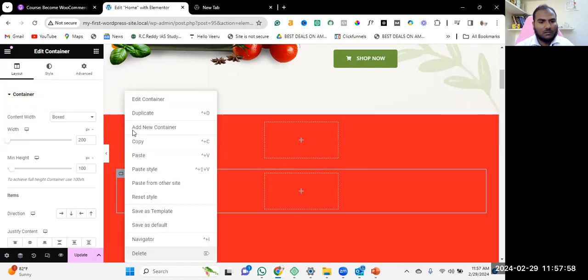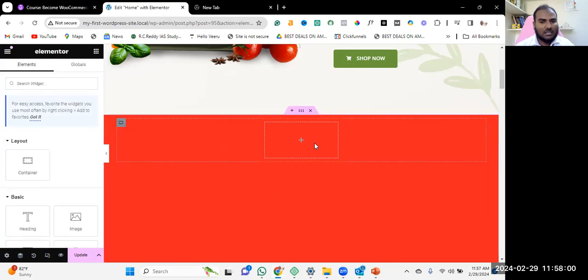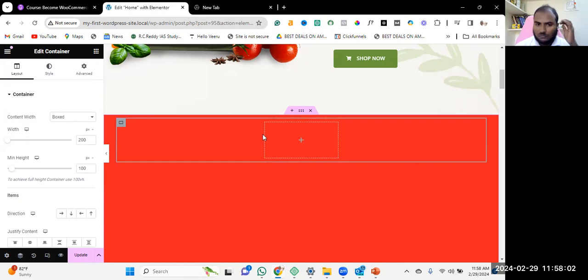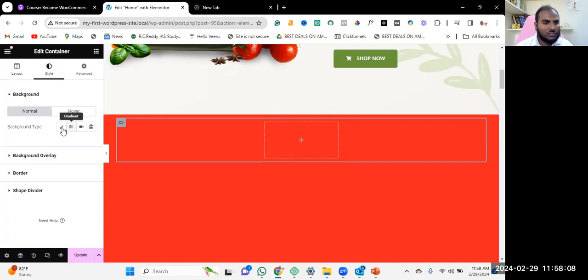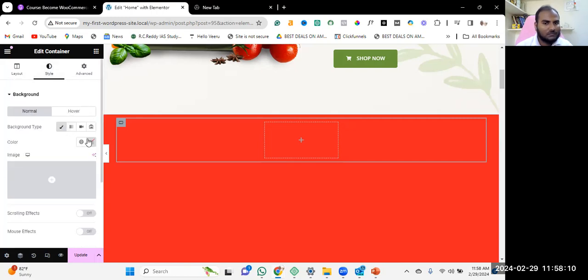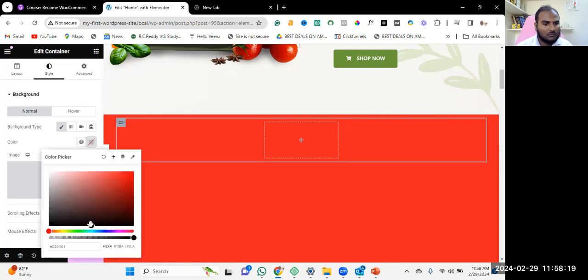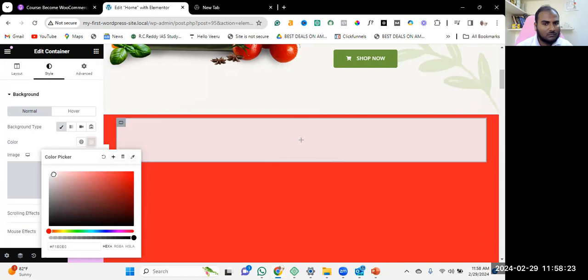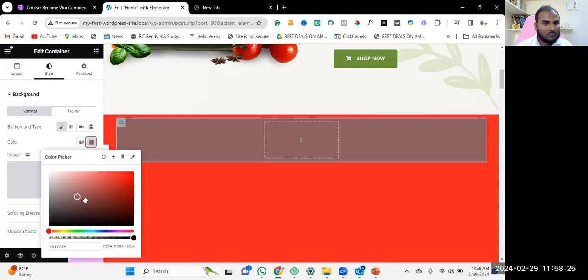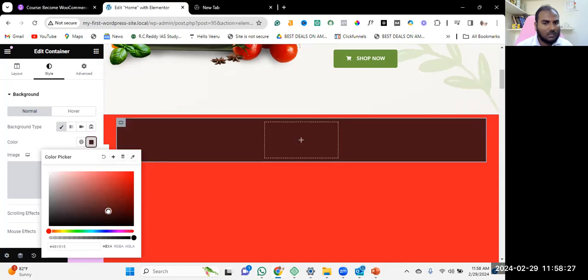First, I will make these a background color, I'm going to change. Entire color,